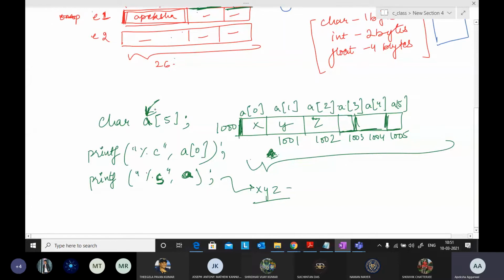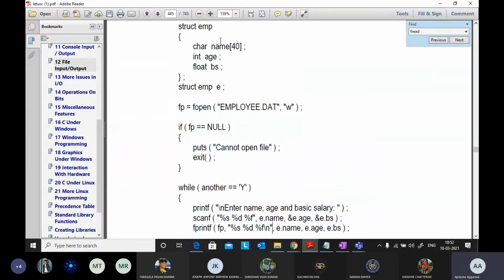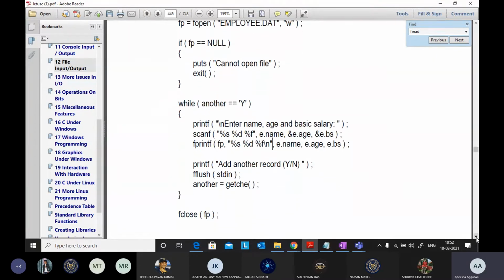Because A represents the address, I don't need to use the address-of operator again over here. Because name represents the address of the name array, E dot name array. Because name itself is an array, that is why we have not used the address-of operator over here.